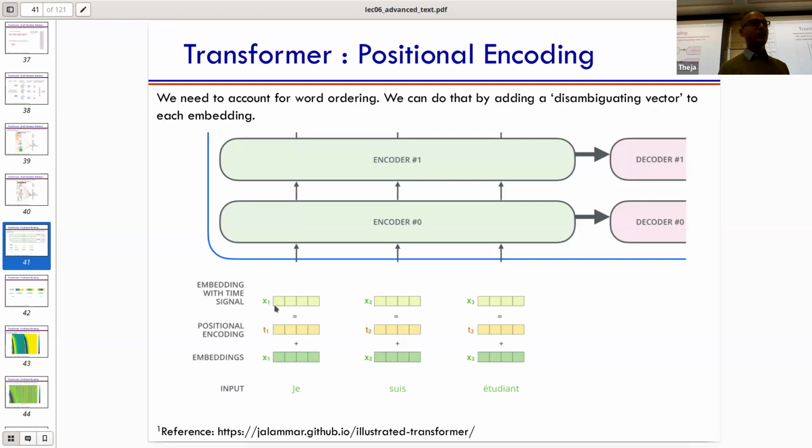Okay. So you may say, okay, if I'm adding some arbitrary predefined vectors, they're just shifting my word information arbitrarily. That is true in one view, but the other view is that this actually captures that x1 precedes x2 precedes x3. Okay, and why is that? Because t1, t2, and t3 are position dependent vectors. It's the same t1 for another example also. So it's invariant across examples as long as it's in the same position, right?